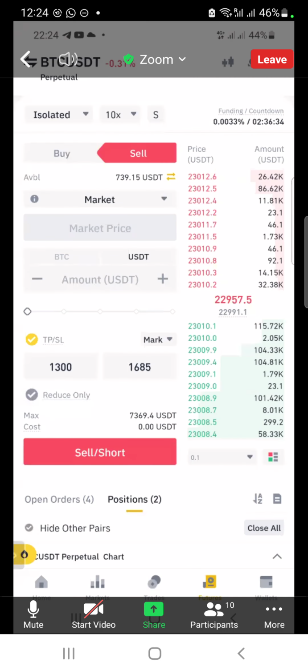So take profit is telling the market where to take profit for you. SL is stop loss. Stop loss means if market goes against me, let me be logged out of the trade when it gets to this point. Because if market goes against you, you will be running in a loss. So you are telling the market,